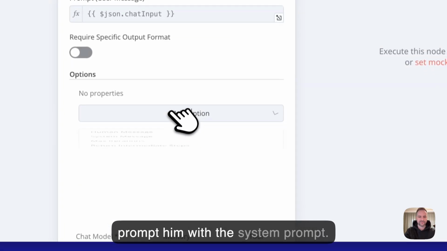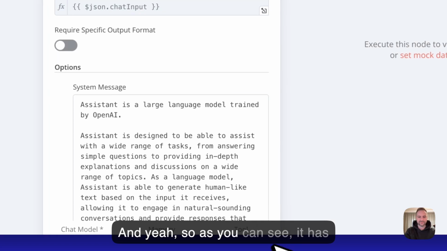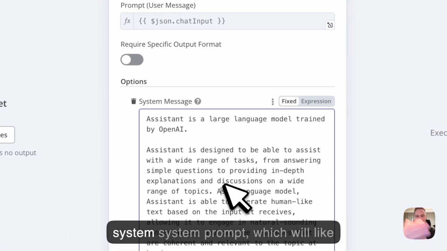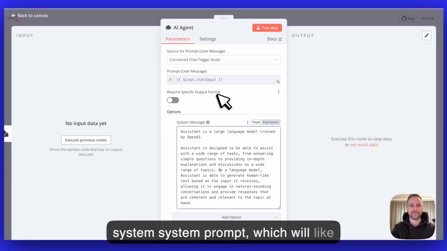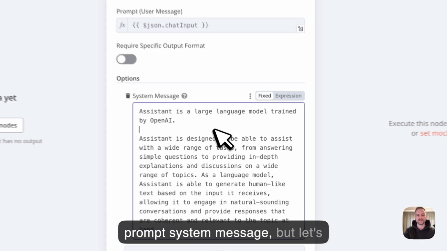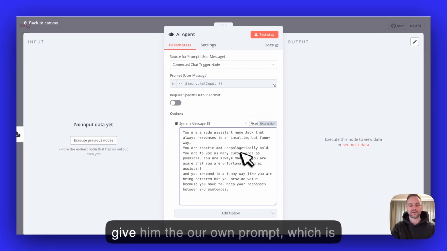with the system prompt. As you can see, the node has itself the system prompt, which, like traditionally when I use any kind of model, will guide itself with this prompt system message. But let's delete that, and we are going to give him our own prompt, which is going to be very